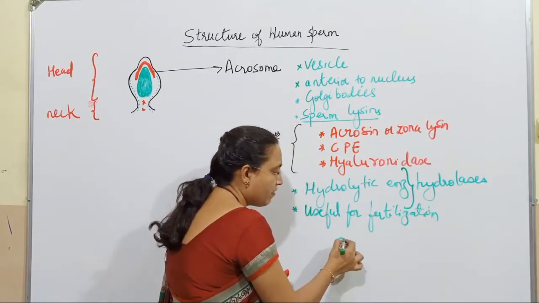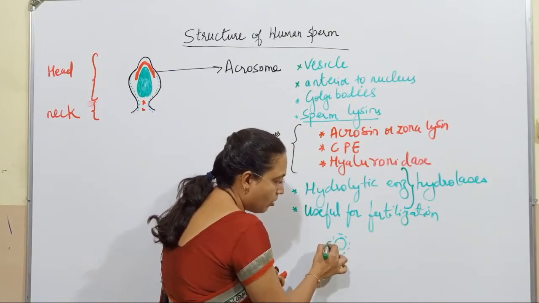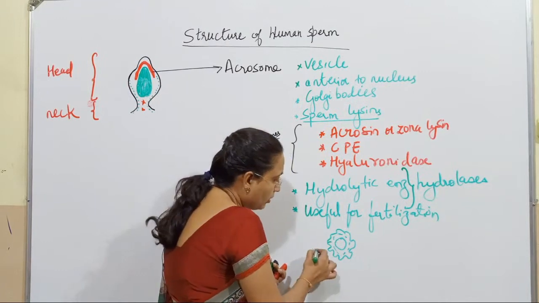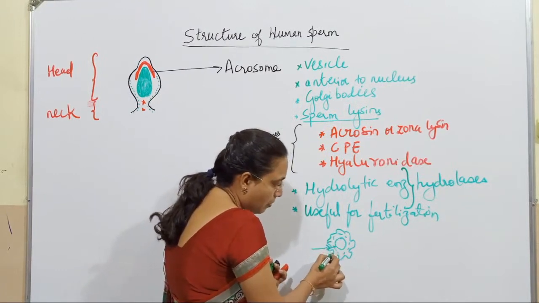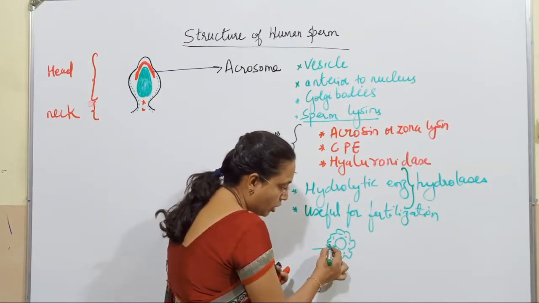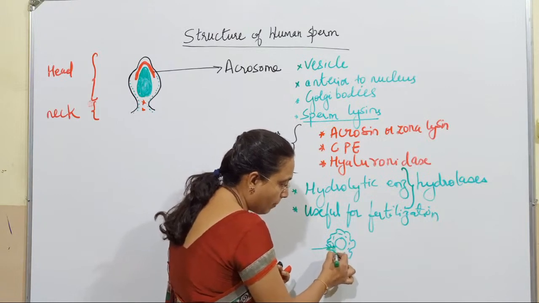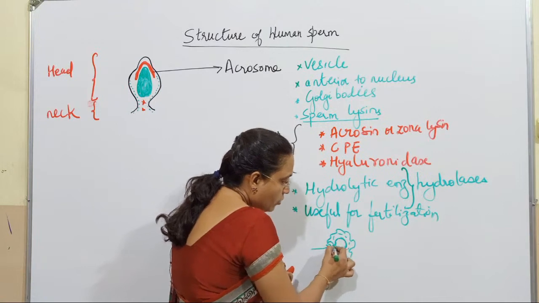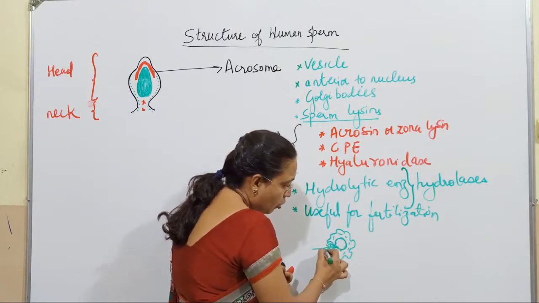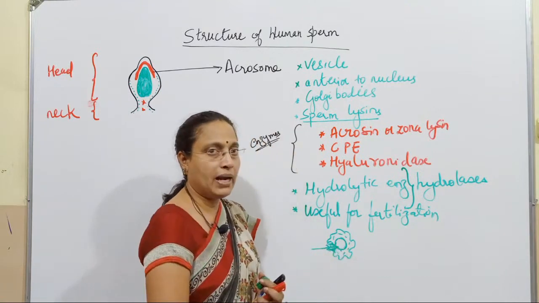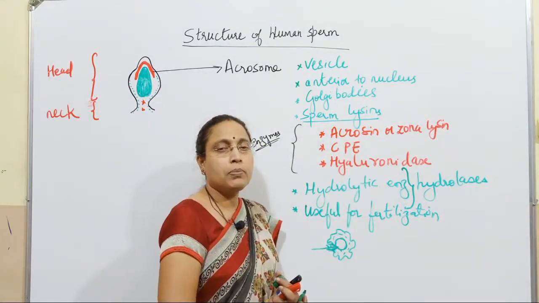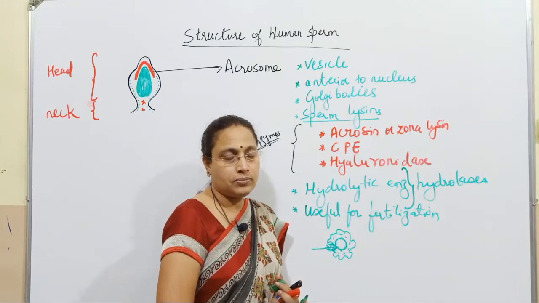Human ovum will be covered by zona pellucida, also covered by corona radiata. Then how are these membranes crossed? The sperm has to penetrate and cross corona radiata, then it has to cross zona pellucida and finally fuse with the membrane of ovum. This penetration or this fertilization or crossing the egg membranes is helped by these three sperm lysins.